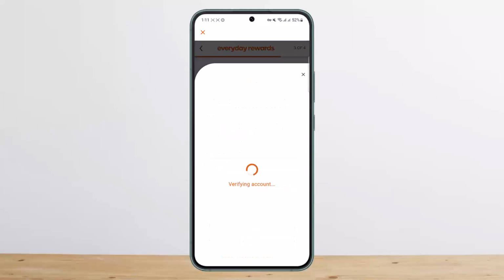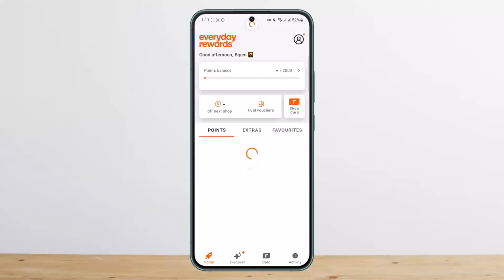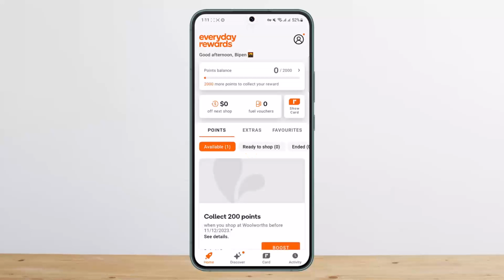So once you log out, all you have to do is when you open up the Everyday Rewards application, if you're not signed in, you'll get two different options, that is sign in and log in. So basically if you're not signed in, it'll ask you to create a new account. If you do have an account, then it'll ask you to sign in. Simply tap on sign in or login option there if you already have an account, and then there it'll ask